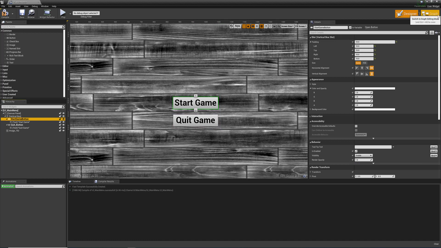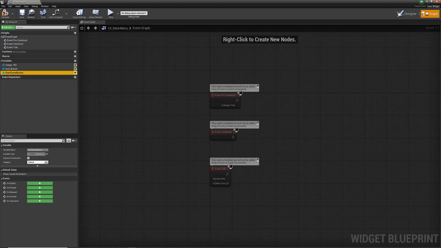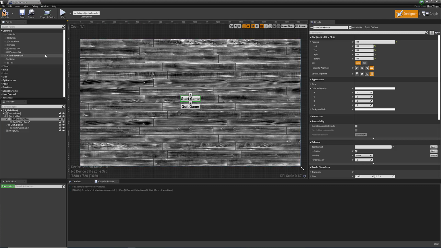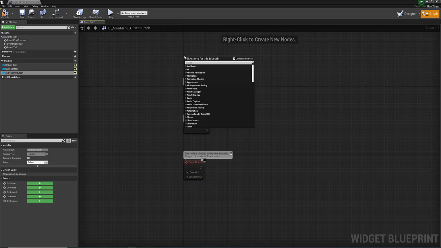So for the start game button here, when I click on this, I'd like it to essentially load into the graph. So you can see now we have these variables that are set up for start game. Now if you don't see those variables for whatever reason, make sure that each one of your buttons has its variable ticked on, and that'll allow it to be seen over here in our variable names. So if I right click here and I type on clicked,